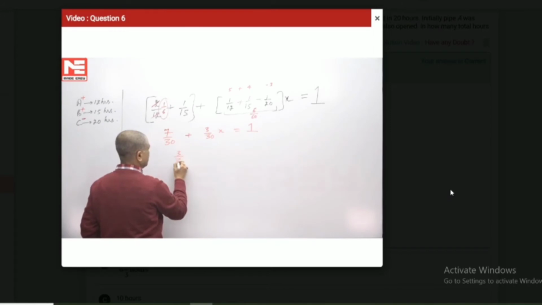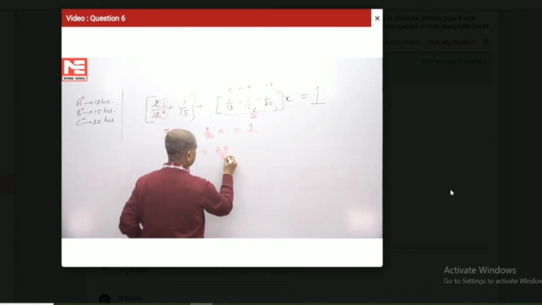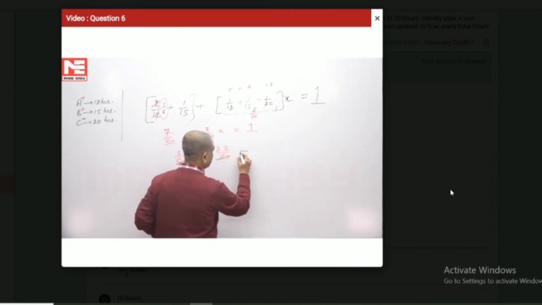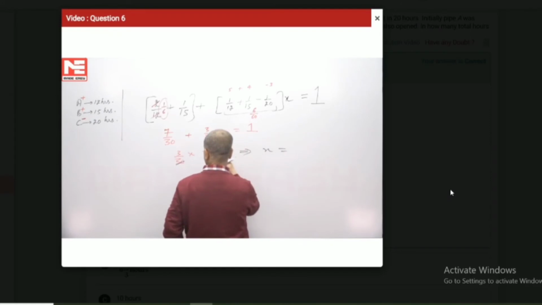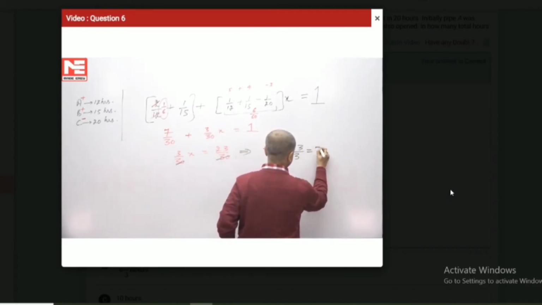So we have here 3 upon 30 of x should be equal to 23 upon 30. That's why I am keeping it as it is. 30 cancels out, implies x is equal to 23 by 3, that is equal to 7